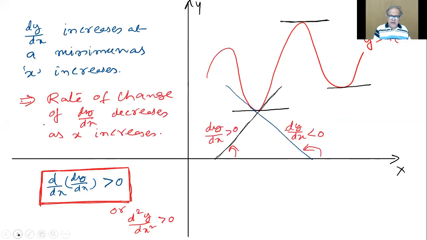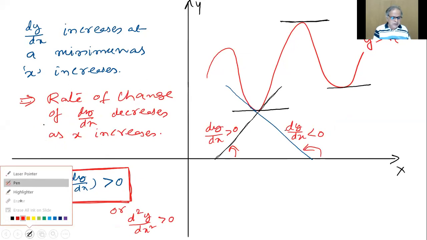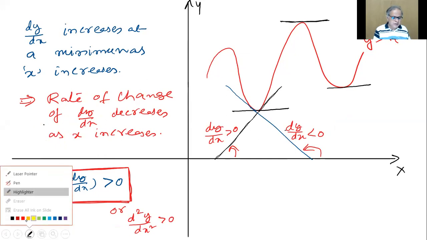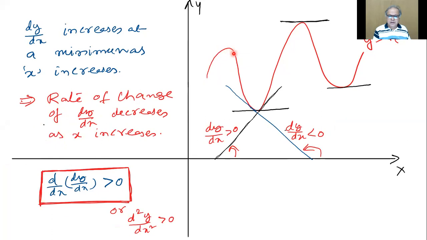Now in the next thing we talked about maximum, sorry, minimum. Now this is a minimum, right? It's coming down, rising up, like this is the minimum. At this point, at the valley, if I draw a tangent, that will once again be parallel to the x-axis. Any line parallel to the x-axis makes an angle 0 with it. So tan 0 is 0. So slope is 0 as usual. Even at the minimum point, slope is 0.